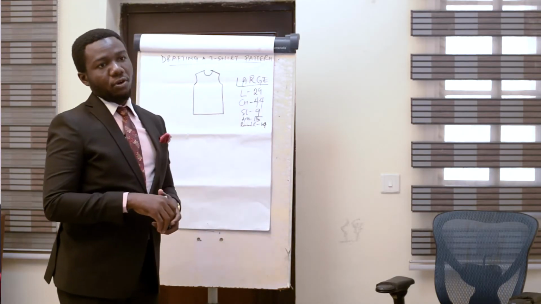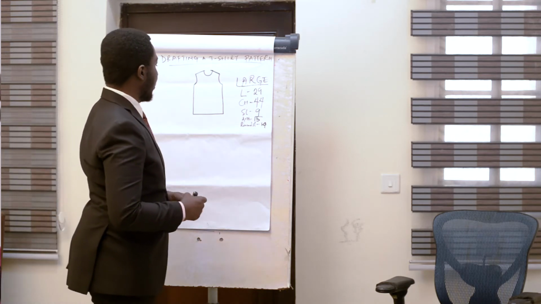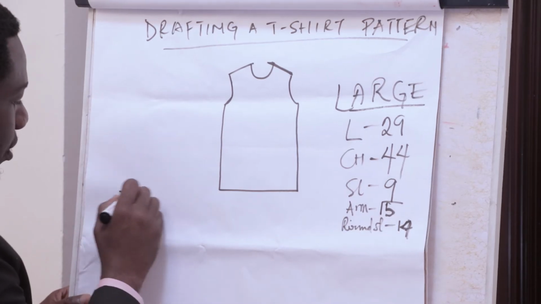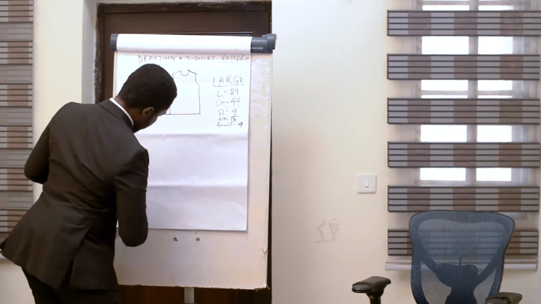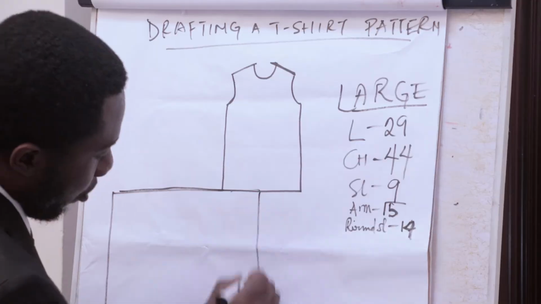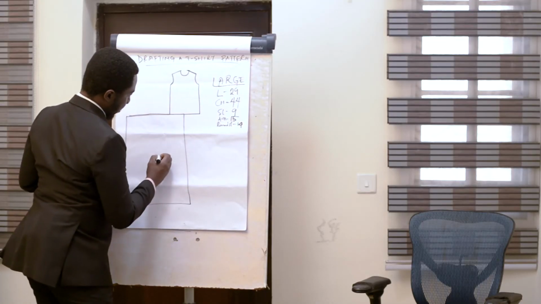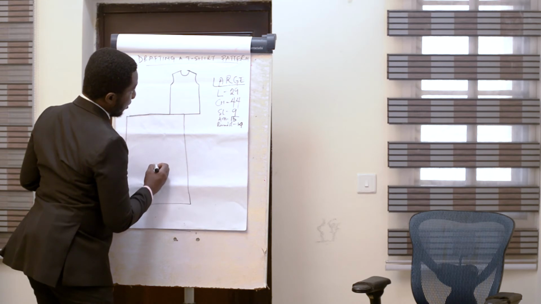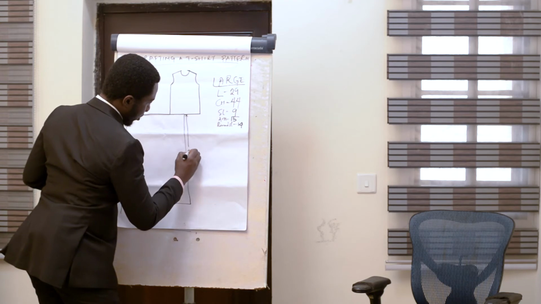Now, how do you achieve all of this? You start first with the length of the t-shirt. So we'll create a block. Let's say this is your chipboard block. You measure the length first. Length 29 and a half, Abby. So this is the chipboard length, 29